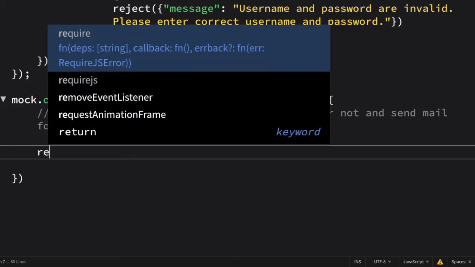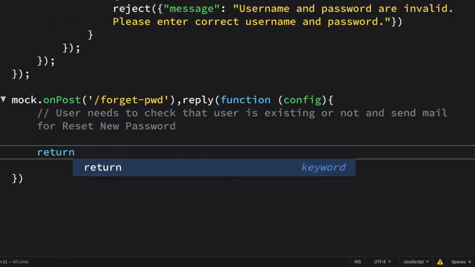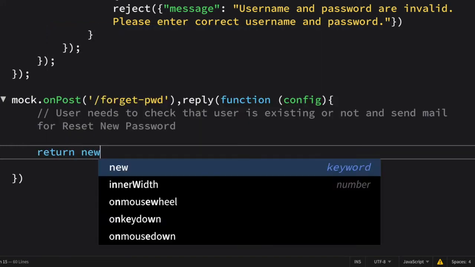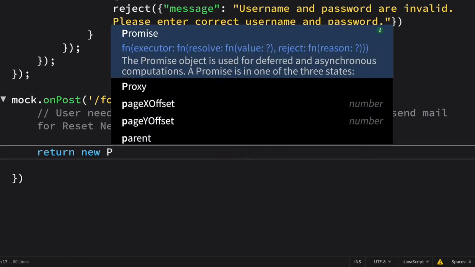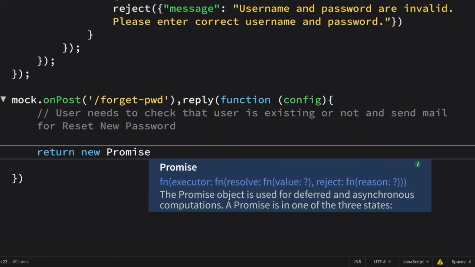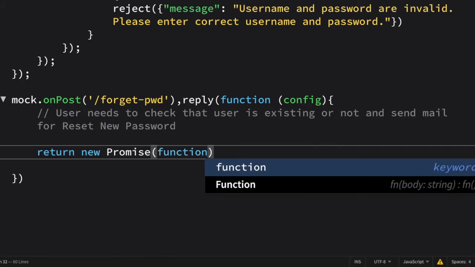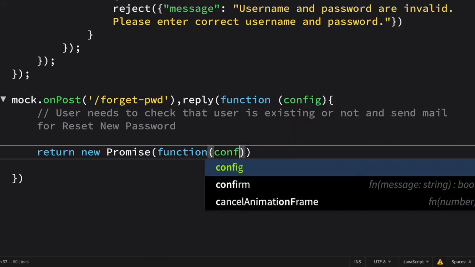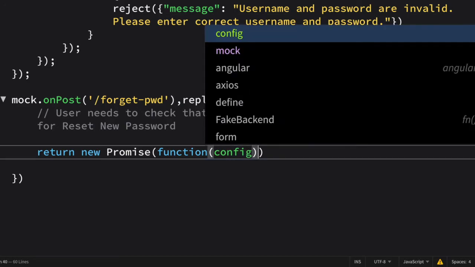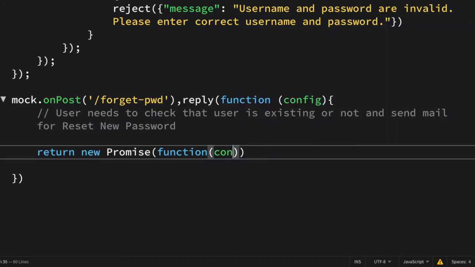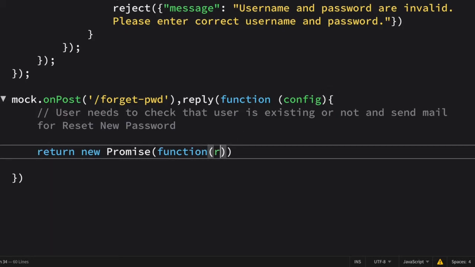And this will be done by this returning function. So here I am again returning a promise. So return new promise, and inside this you have to write a function again and pass configuration as a parameter. Or you can also say directly, without using this configuration, resolve and reject.